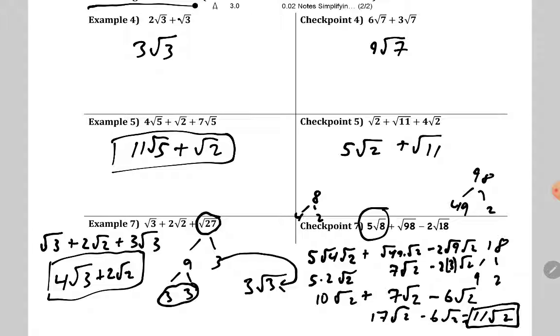Hopefully that wasn't too confusing for you. Hopefully you've seen square roots before. I kind of rushed a little bit through the tree, but it's something that you should have worked on in your algebra class. If you haven't,